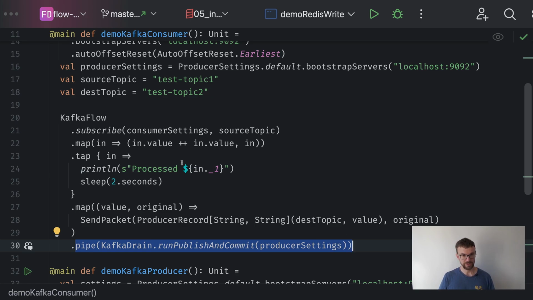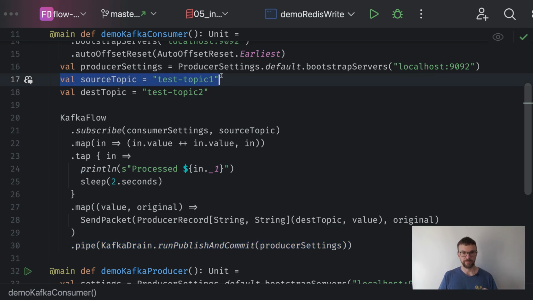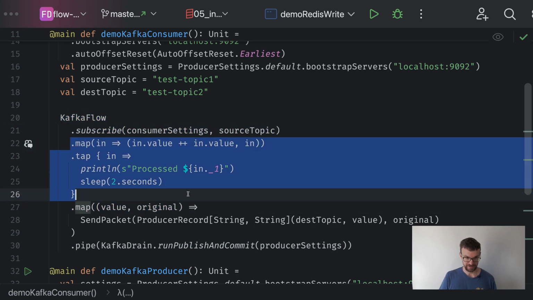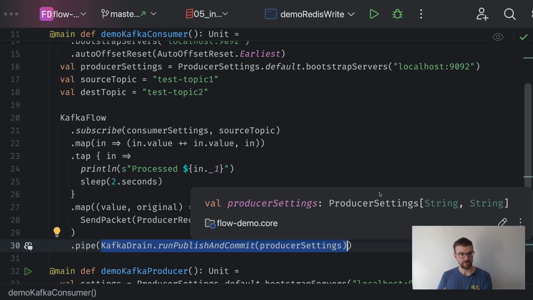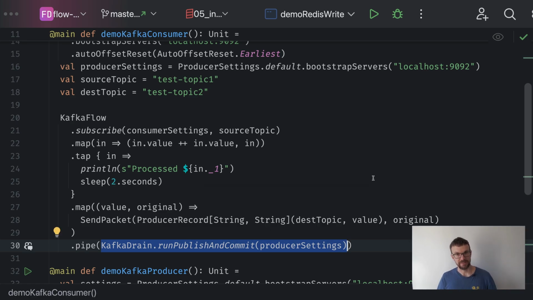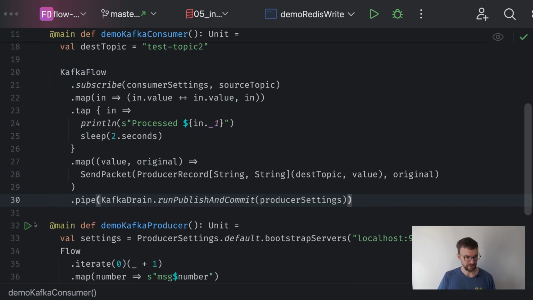Once again, we pretend to do some processing in the flow, and then we can run it. Here we subscribe to one topic, we pretend to do some processing, and then we write values to another topic, committing offsets in the first topic once the write is done. That's a fault-tolerant way of transforming data from one topic to another. I think the plumbing required here is quite simple. We can use the full power of the Flow API that we have just seen. So we can just verify that it